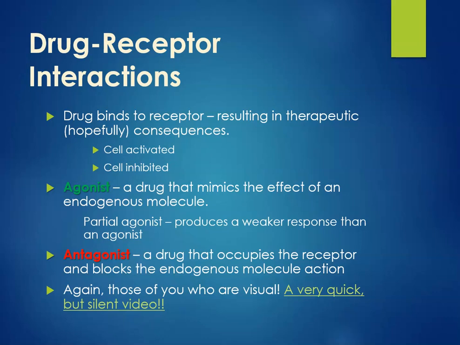So again, we're going to talk about this more as we get to the autonomic nervous system, because the autonomic nervous system is all about receptors, mostly alpha and beta receptors in certain target organs. And if you think about it, it'll make sense when we get there. Okay, so that's really as far as I'm going to go in terms of